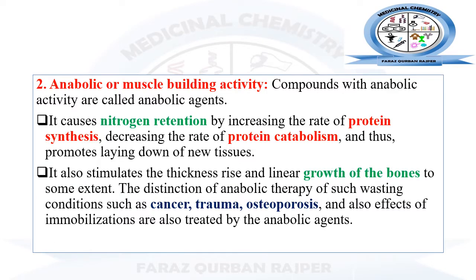Anabolic activity. Anabolic androgenic hormones are those which have the anabolic or muscle building activity, meaning they have a synthetic function inside the human body. They are mainly involved in the retention of nitrogen, and we know that whenever retention of nitrogen or nitrogenous compounds takes place inside the body, they will ultimately be converted into nitrogenous compounds like protein, which is a classical example. Protein synthesis will occur, and as protein synthesis occurs, protein catabolism is reduced.